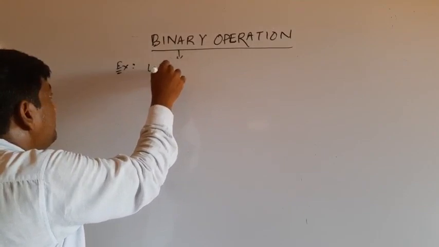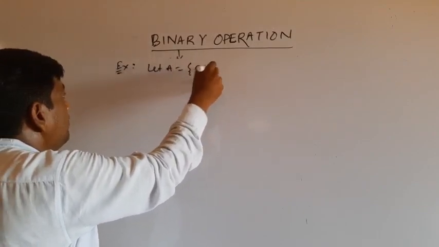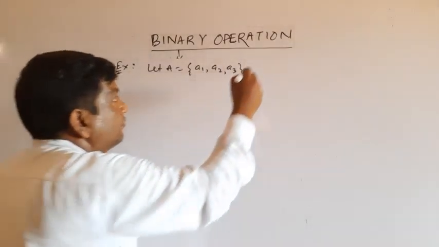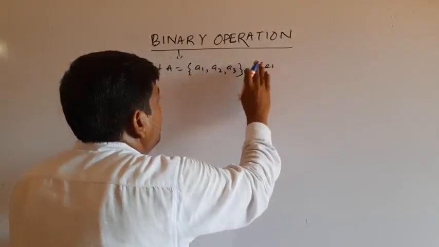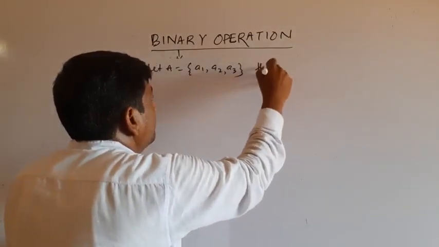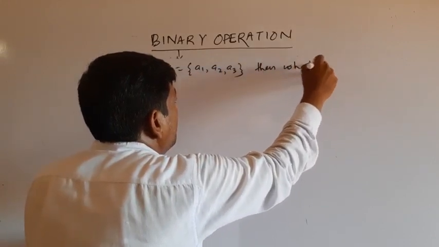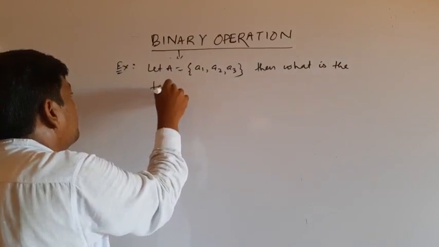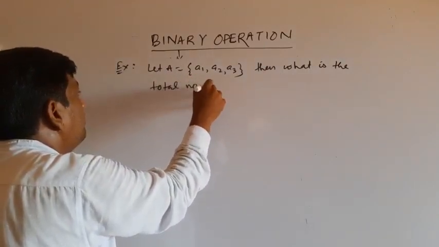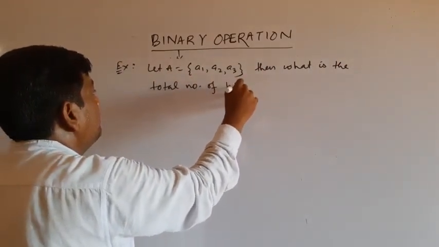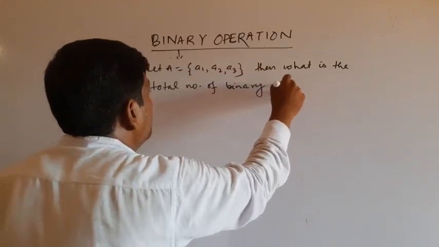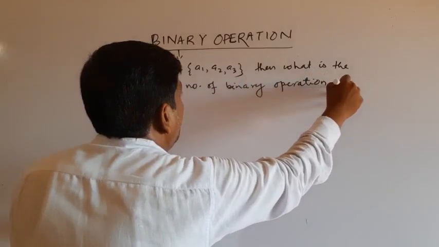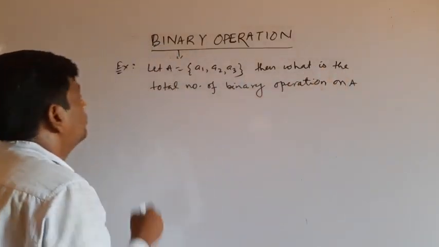Let capital A be equal to {a1, a2, a3}. Then what is the total number of binary operations on A? So, solution: